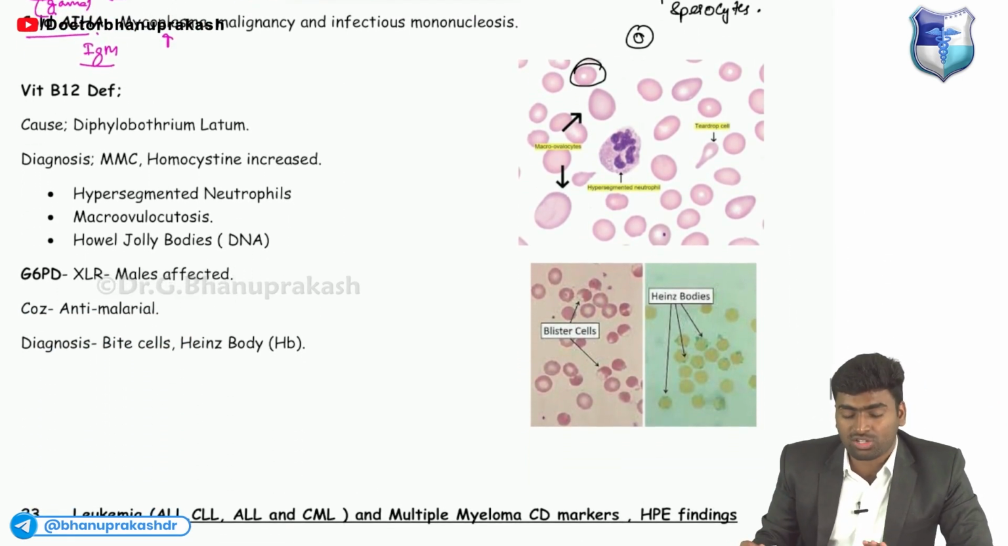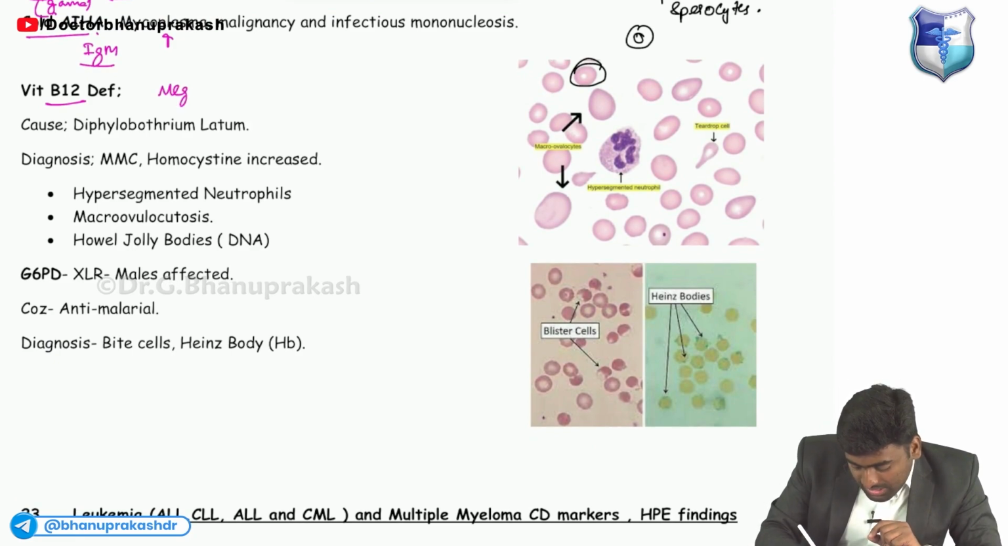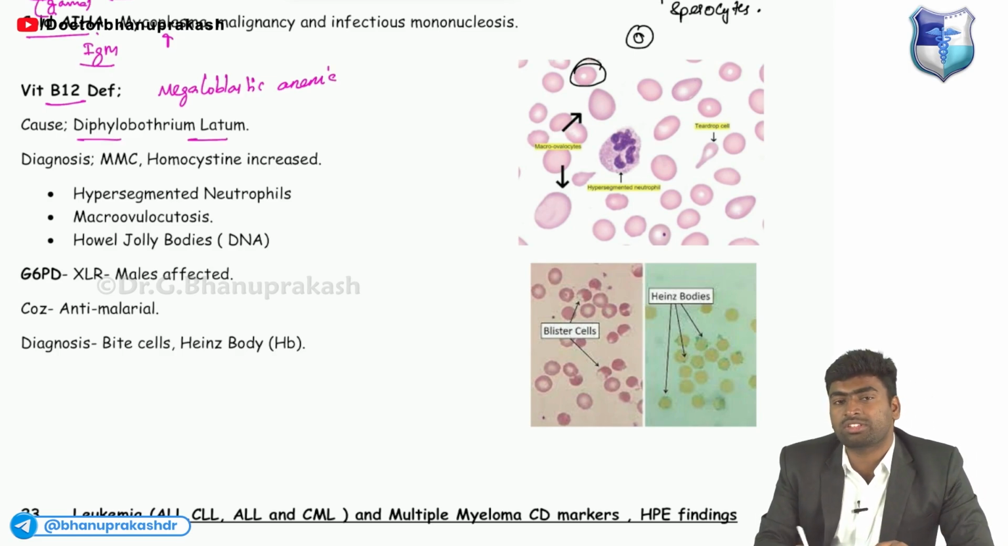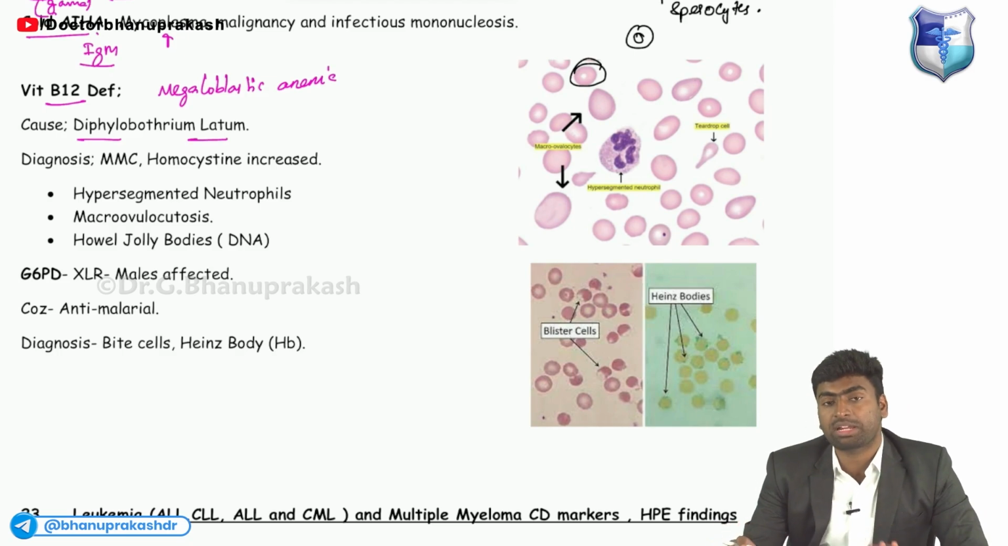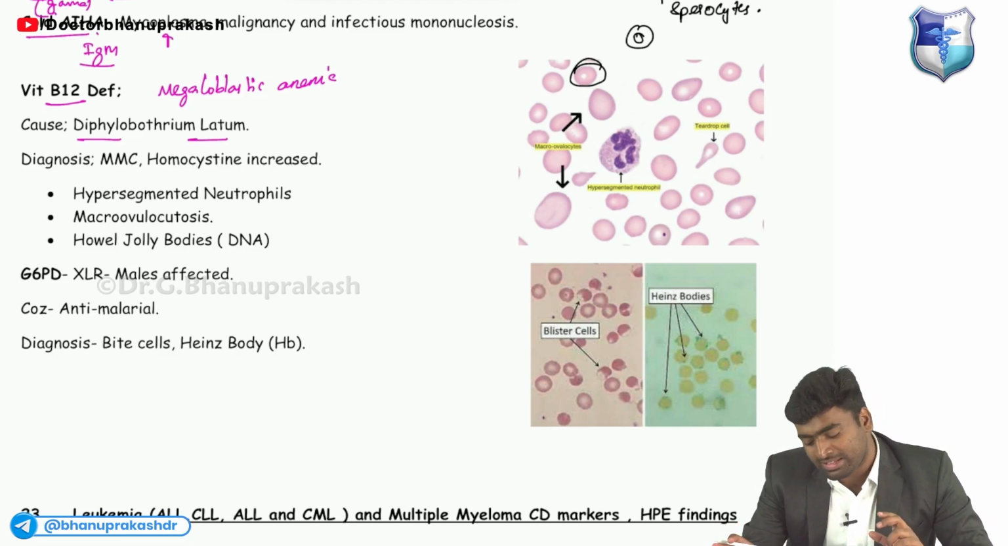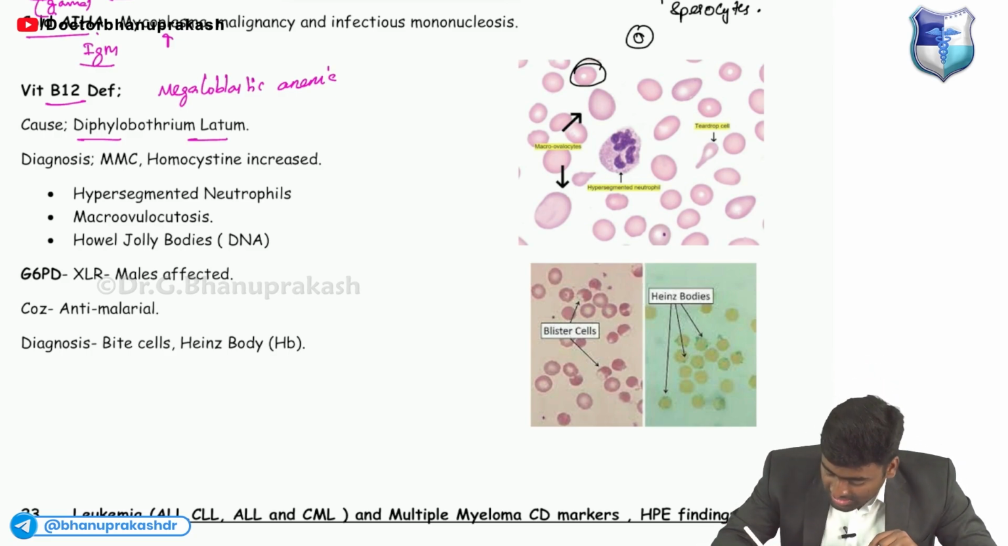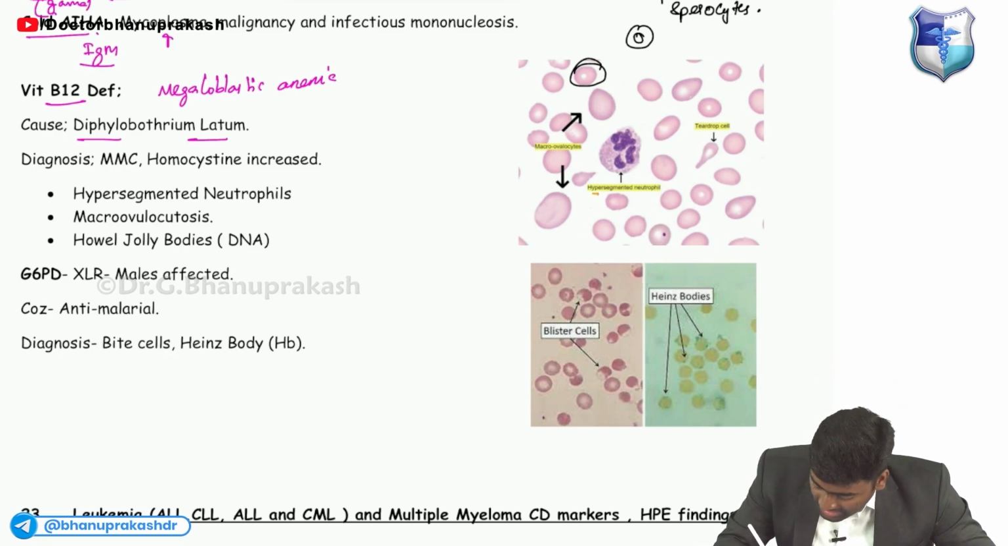Next, our classical, yesterday also we studied, right? Vitamin B12 deficiency causing megaloblastic anemia. The organism Diphyllobothrium latum can also lead to decreased absorption of vitamin B12 and can cause megaloblastic anemia. Okay, itna yaad rakho. And in a case of megaloblastic anemia, you will be able to see the classical hypersegmented